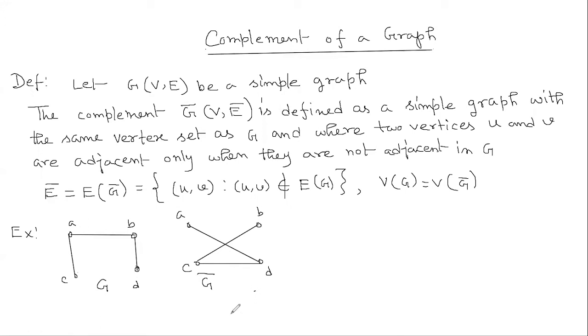Now here we can see if we consider a complete graph with four vertices. Now what is called a complete graph? If in a simple graph, each vertex is connected to all the remaining vertices by exactly one edge, then we say this is a complete graph. So if we construct a complete graph with four vertices denoted by K4, generally a complete graph with n vertices is denoted by Kn. So here we are taking K4. So this is the complete graph with four vertices.